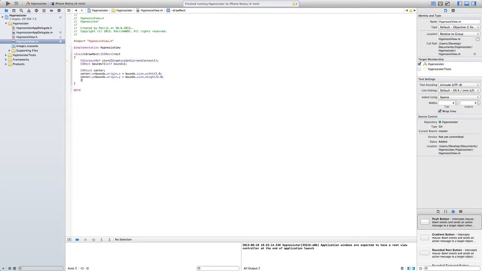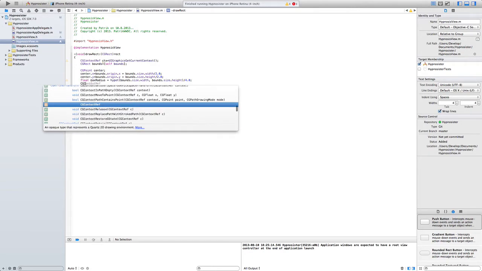And we need to create a float maxRadius is equal to hypot(bounds.size.width, bounds.size.height) divided by 4.0;